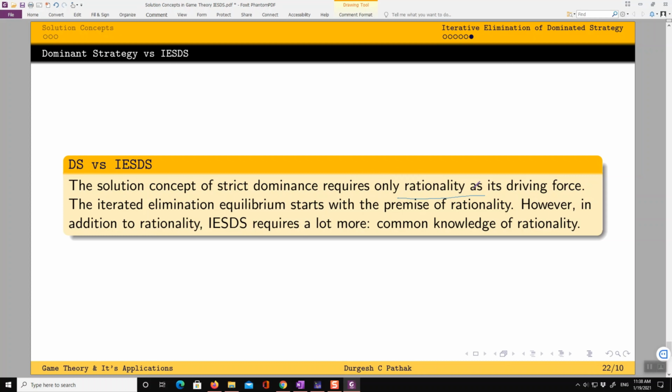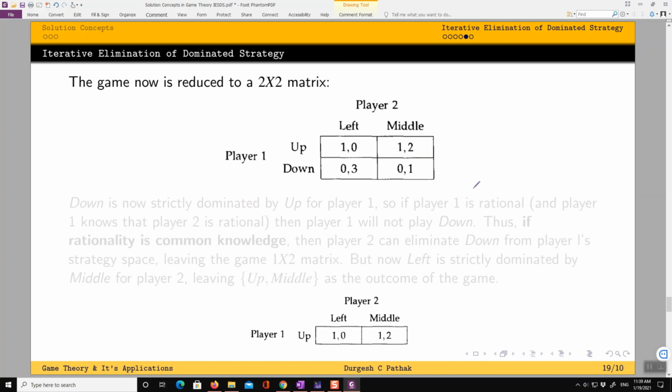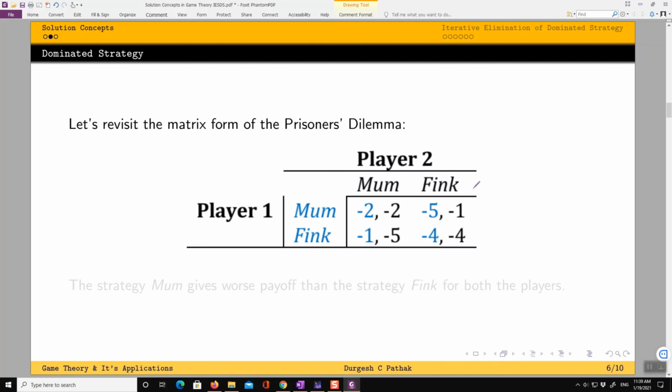Because if players are rational, they will always choose their dominant strategy, and we will arrive at the equilibrium outcome. That was the case with the prisoner's dilemma, right? Here, both were rational and they realized that playing Fink is always better than playing Mum. So both will play Fink and we will reach here.